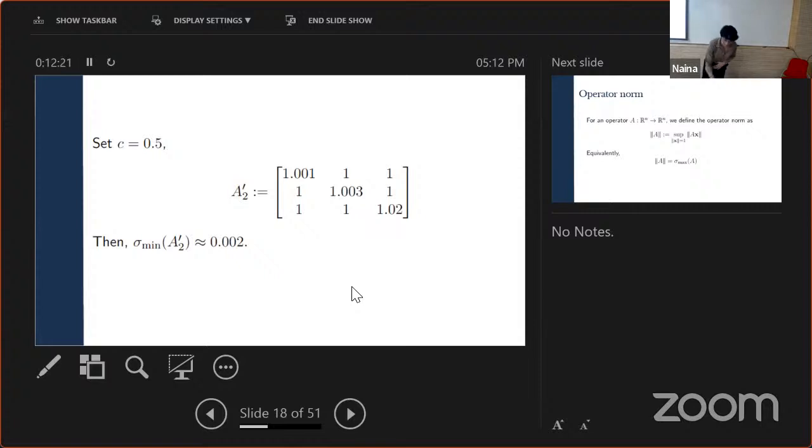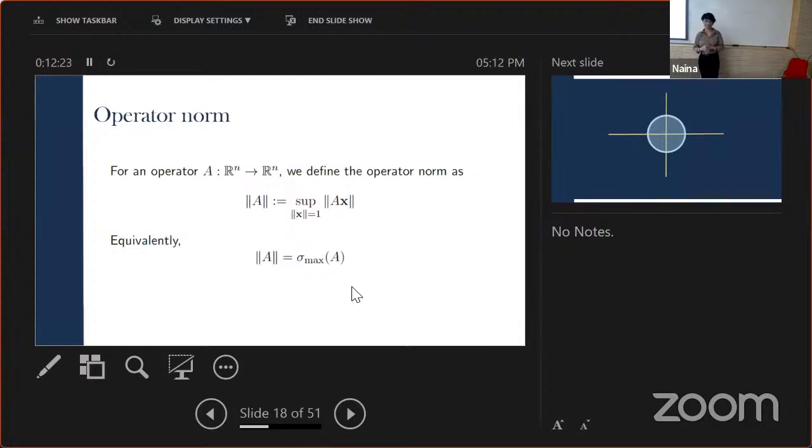The first of which is called the operator norm. So to clarify, norm of Ax is the norm of a vector, and this is an abuse of notation, I suppose. And the norm of A is essentially the norm of the matrix. So superficially, this is very similar in definition to the least singular value, where instead you took the infimum, here you take the supremum.